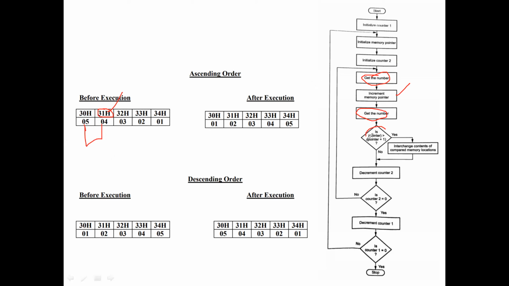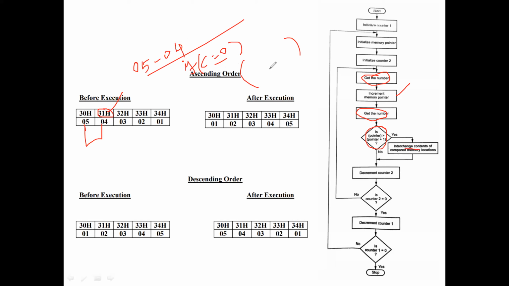That is the comparison statement: 5 minus 4, whether there is a carry or not. There is no carry. Carry will be 0. So if carry equals 0, then